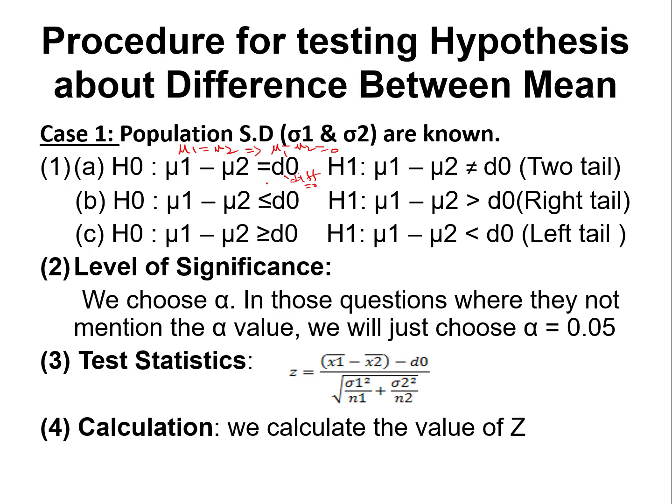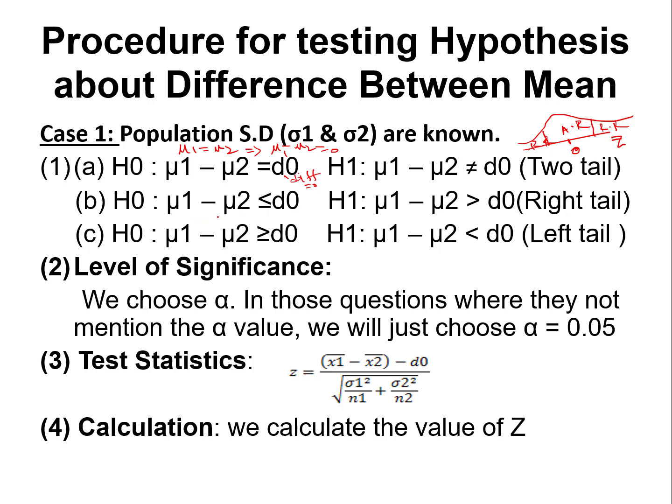What will be the alternative? The opposite of this is not equal to. When it is not equal to, we are not sure whether it is less than this difference or greater than this difference, so we just write the unequal sign, and this represents a two-tailed test. You also know what a two-tailed test is. We divide the rejected region into two parts. This is our accepted region, this is our rejected region, and this is also our rejected region, and this is where the mean is equal to 0, on our Z standard normal distribution. So this is the two-tailed test.